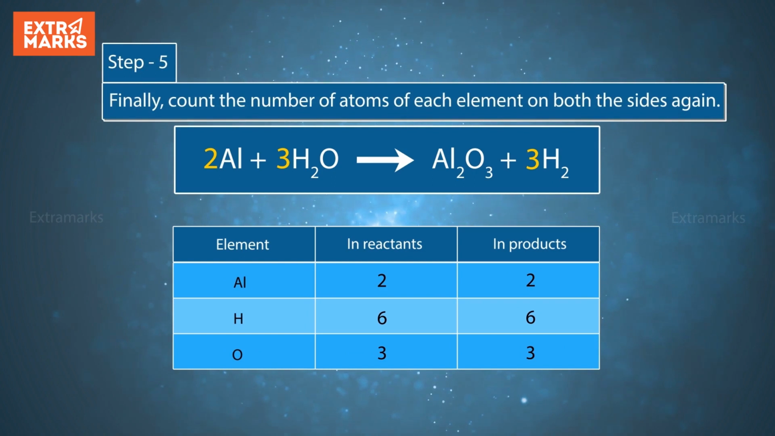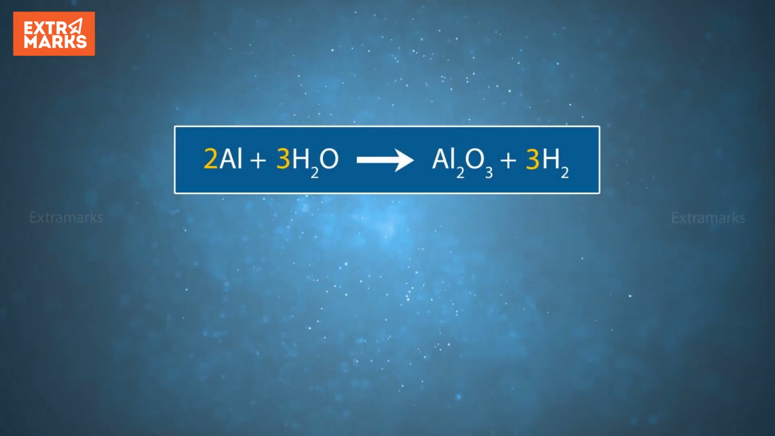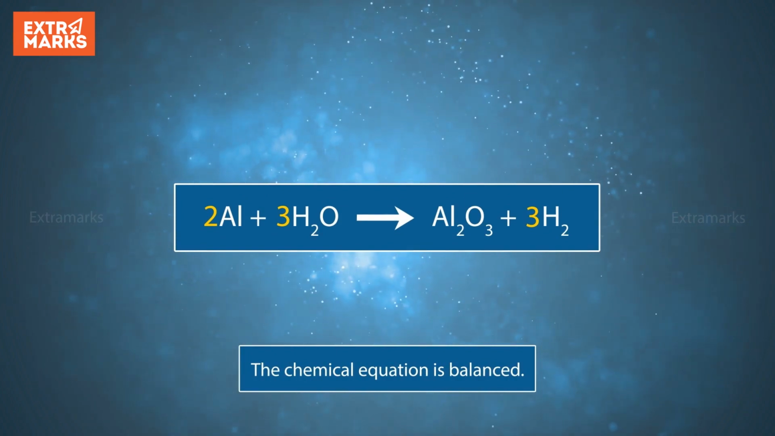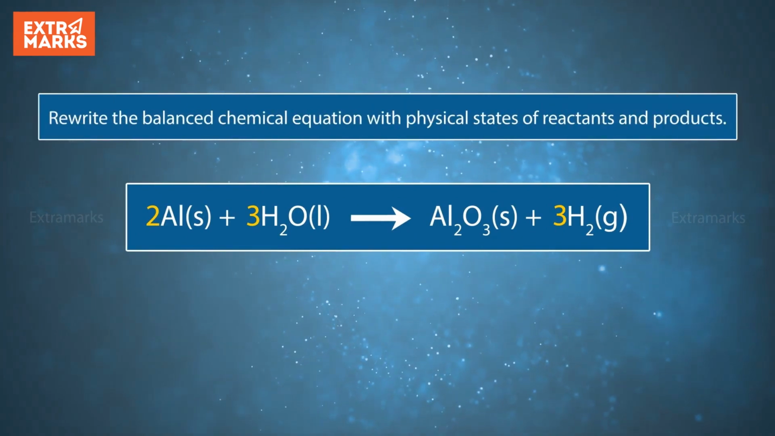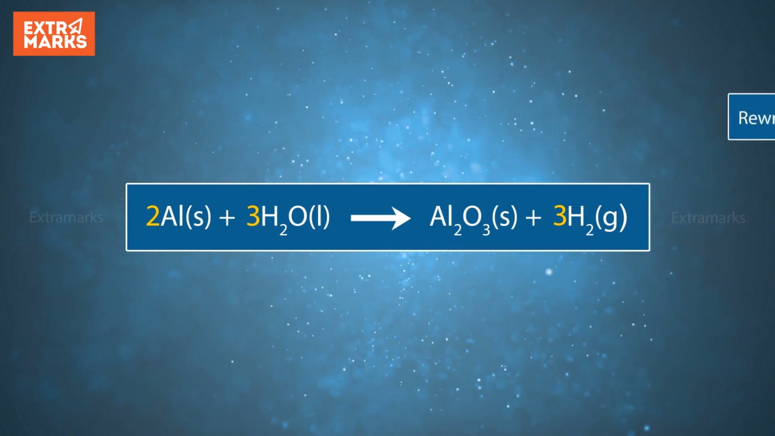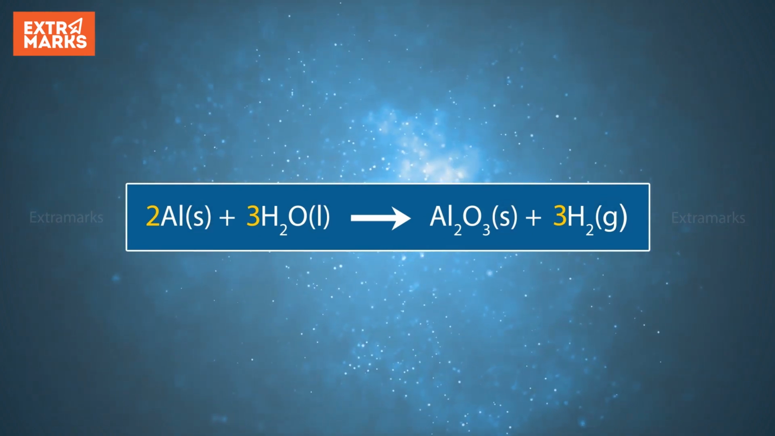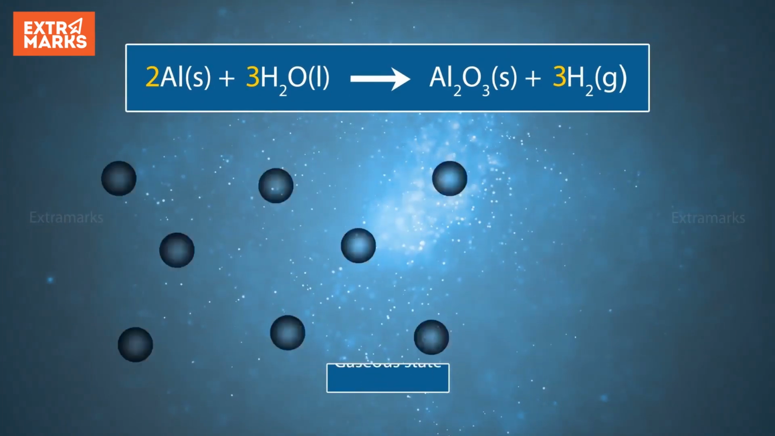This time, all the atoms on the reactant and the product side are balanced. Therefore, the equation is said to be balanced. Now we will rewrite the balanced chemical equation with physical states of reactants and products. Here, S, L and G written in the brackets in the reactants and products represent the solid, liquid and gaseous